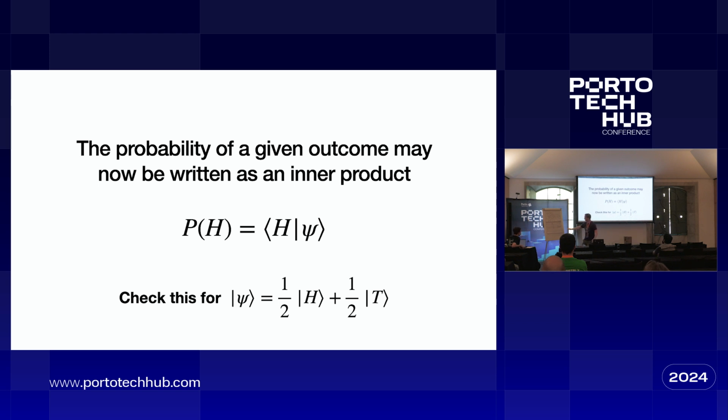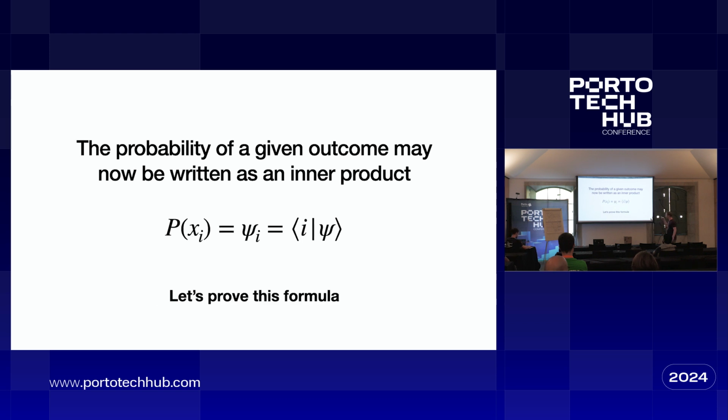No, this is a vector. H is a label, ket H is a vector. This is also a kind of vector called a ket, okay? No, we wouldn't say probability of a vector. H, here, this is just the probability of heads, okay? Yeah, I understand. That's why I'm saying the notation's confusing, right? But we'll get it, okay?